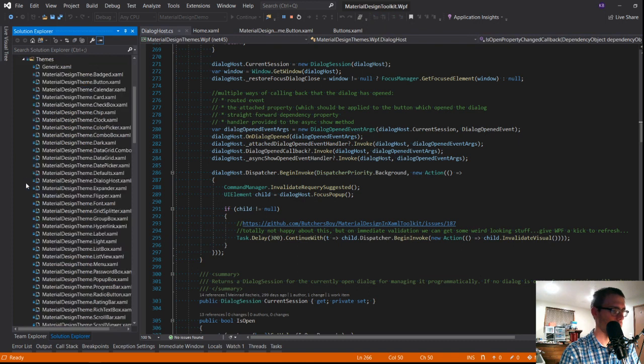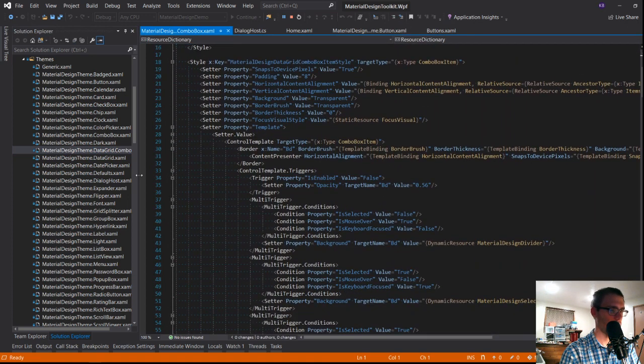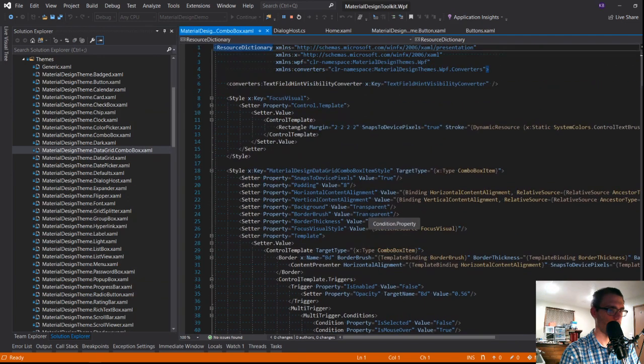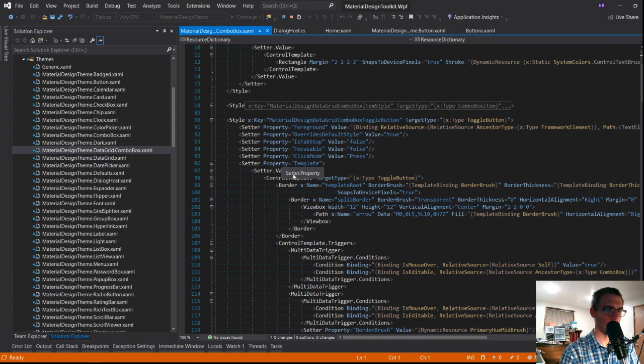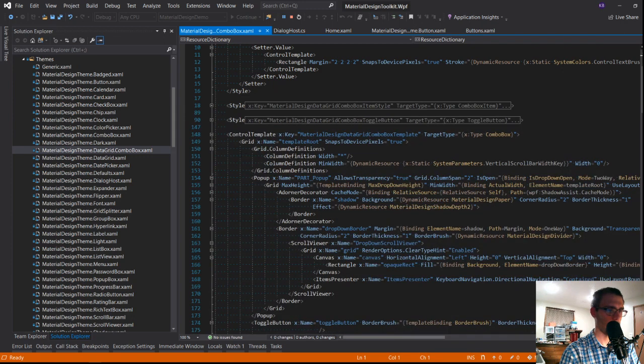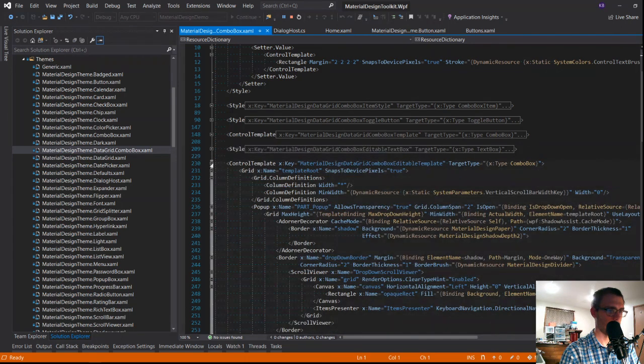Okay, so I think this is probably going to be over in grids or Datagrid Combobox. So Combobox item style. So this is targeting Combobox. I'm looking for the actual toggle button, Combobox item template, yada yada. Text box, not what I'm looking for.